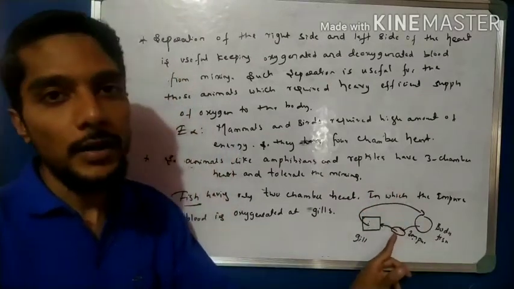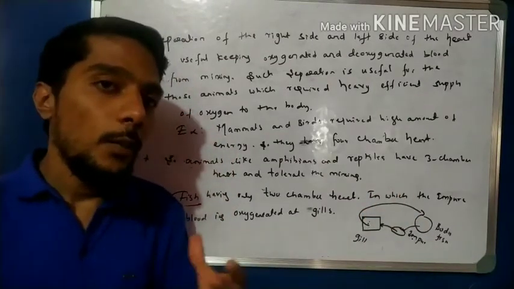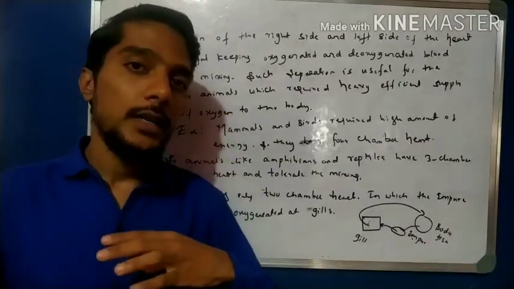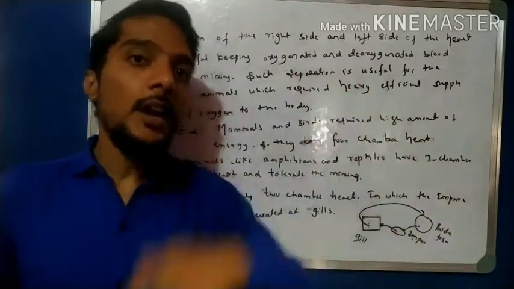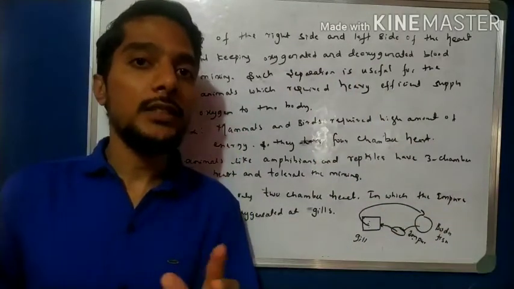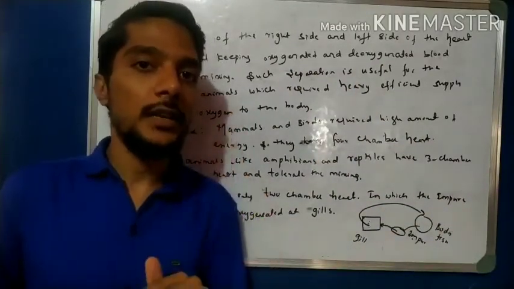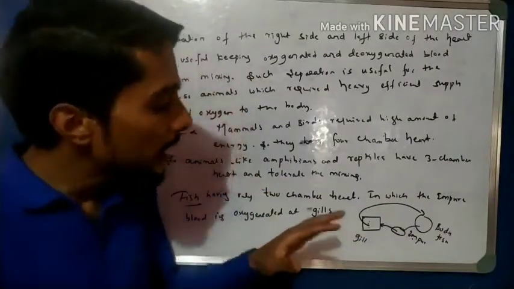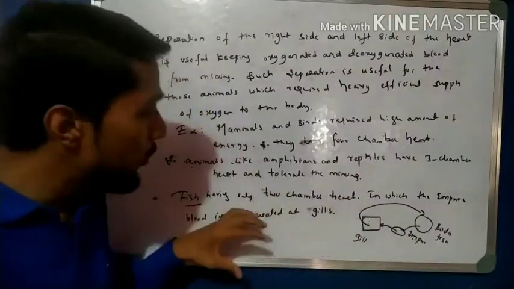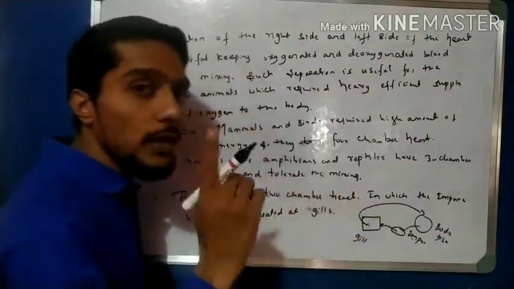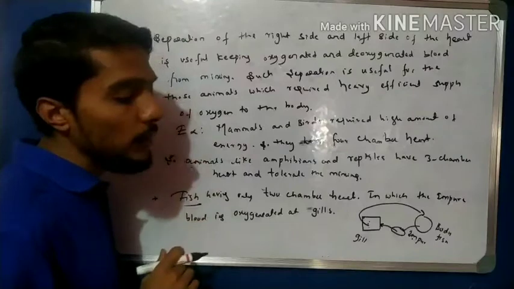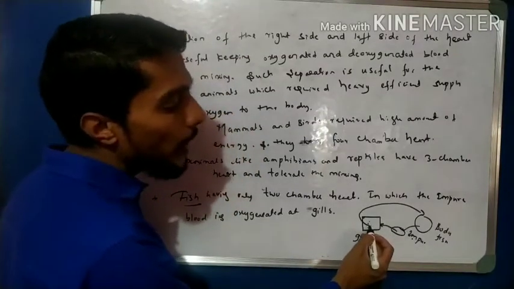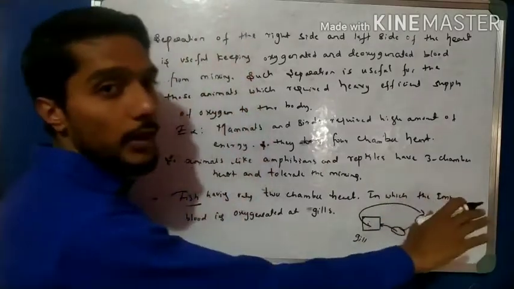Not to the heart. But in human beings, what happens? Impure blood comes from the body to the heart, then is oxygenated in the lungs, then again comes to the heart. Right, there is twice circulation. In one cycle, there are two journeys of the blood. One is impure, then pure. But in the gills, in the fish, we observe that there is only one cycle. The impure blood comes to the heart, then the pure blood goes directly to the body.